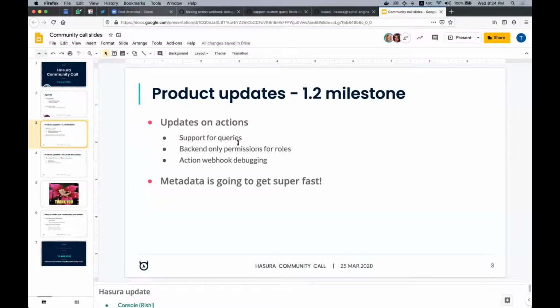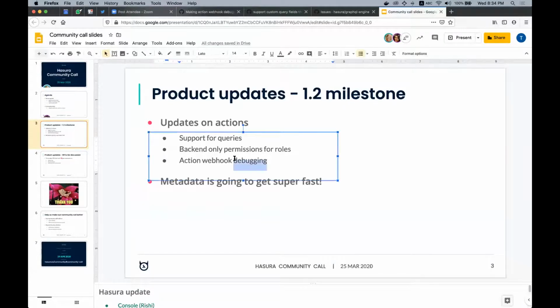So in this case, those roles can have a special permission called backend only. That means that even though there is a user role, the mutation that is accessible for the user role will only be accessible from something like an action or an event trigger or microservice, but not really a front-end application.